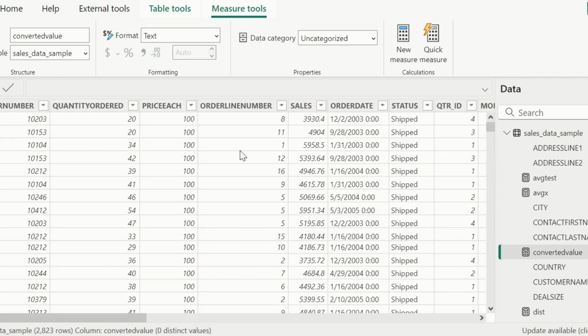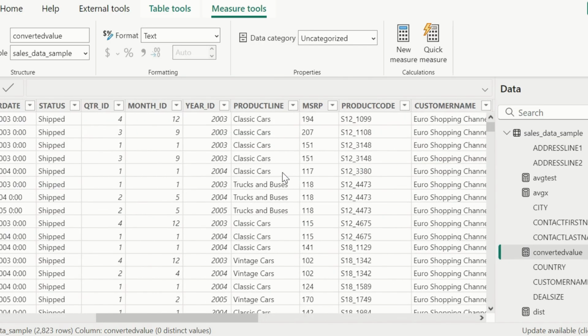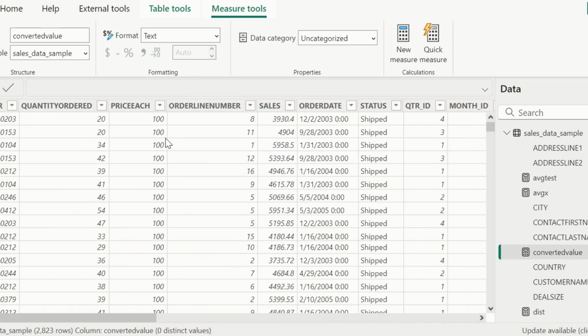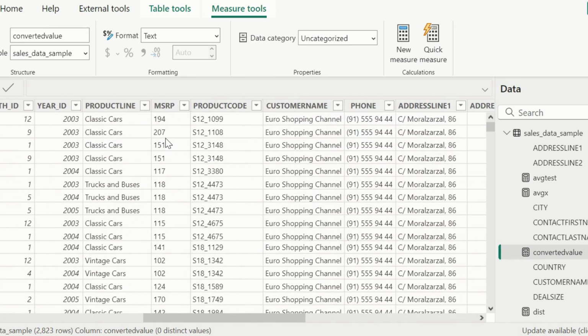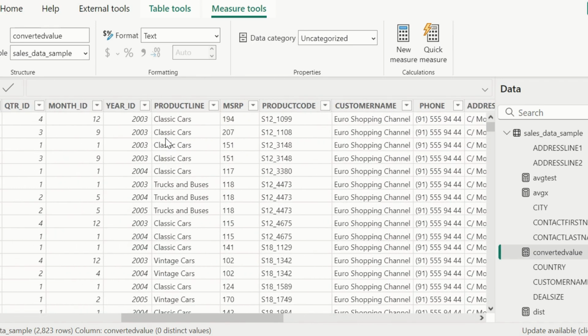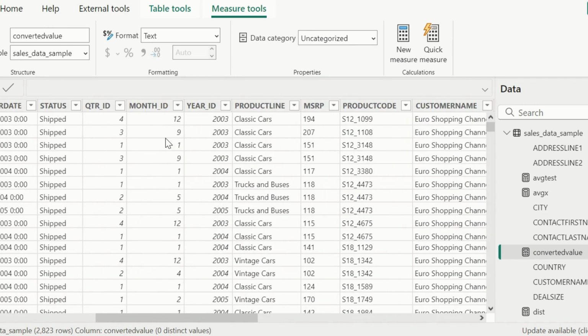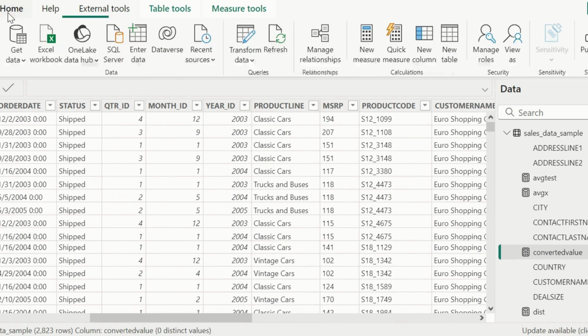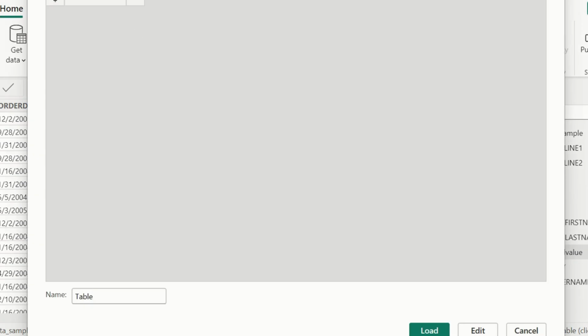Let's see if we have something like this. Yeah, we have quarter ID, month ID, and year ID, which is basically year, month, and quarter. Let's see if we have day or not. We don't have day. Let's create custom data for this implementation. I will be entering the data.